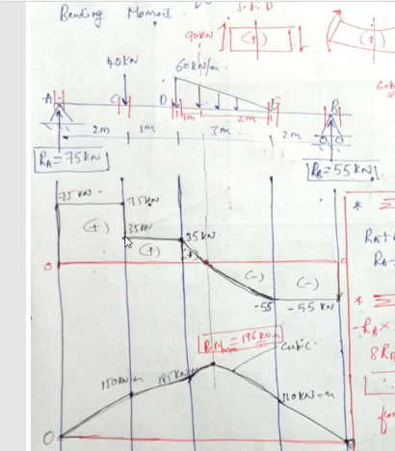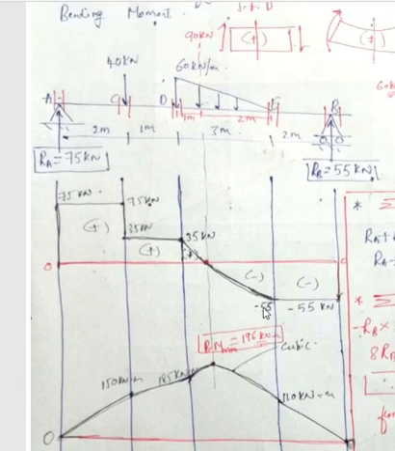So whatever value I was having, 35 kilonewton, add 40 to that, I'll get it as 75. From this section to this section, when I move, there are no additional forces added or subtracted in between, so I'll draw a horizontal line. Then as soon as I move from this section to this section, there is one force added, and it is in the vertically upward direction. In the right side, vertically upward means negative. So plus 75 I was already having, now add minus 75 to it, it will become 0. So this is about plotting the shear force diagram.